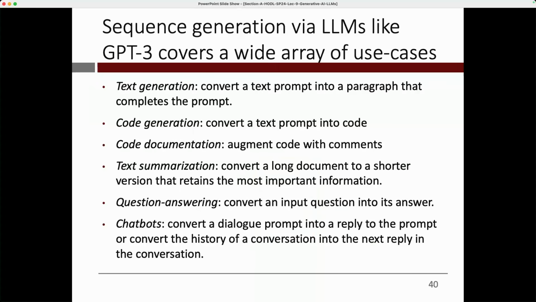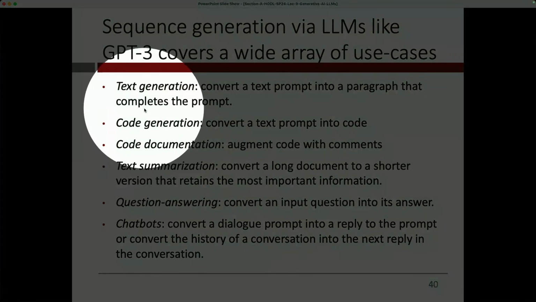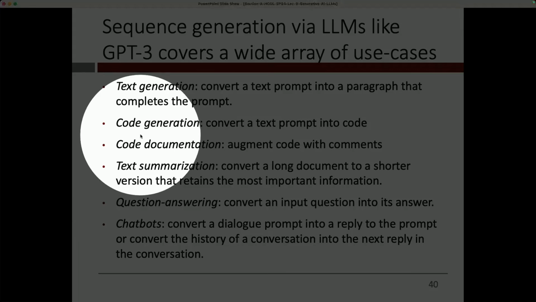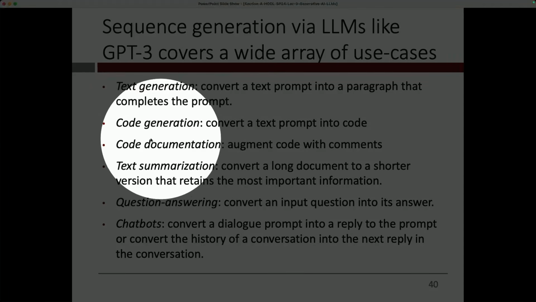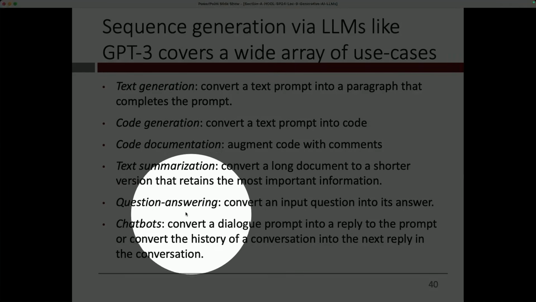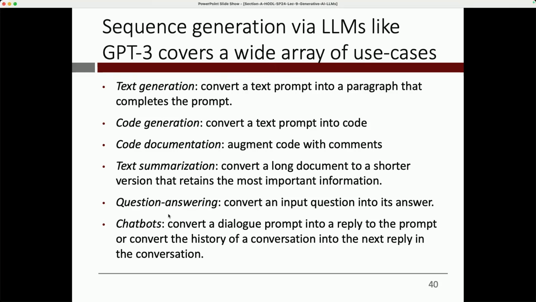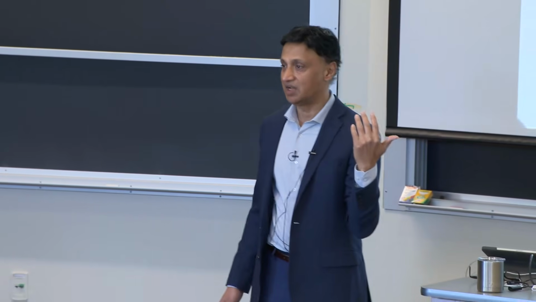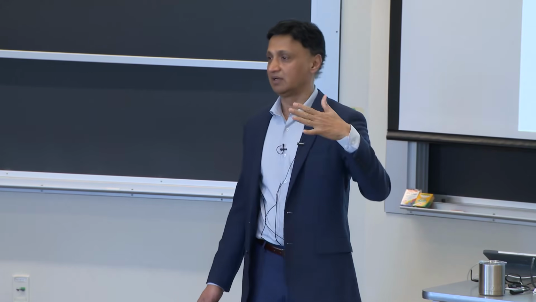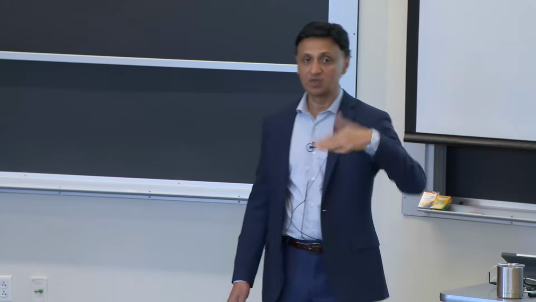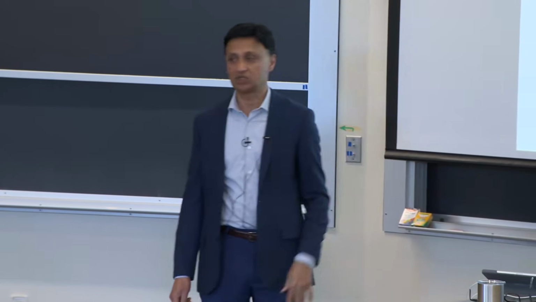So this is what we have here. And as you folks have seen, the notion of generating text is very powerful. Because we can obviously generate text, but you can also generate code because code is just text. We can generate documentation for code. We can summarize text. We can answer questions. We can do chat. I mean, the list goes on. All the excitement we see around Gen AI from the time ChatGPT came out is precisely because this simple idea of text in, text out is just so flexible. It's so versatile. It can handle all sorts of use cases. That's why there's so much excitement.